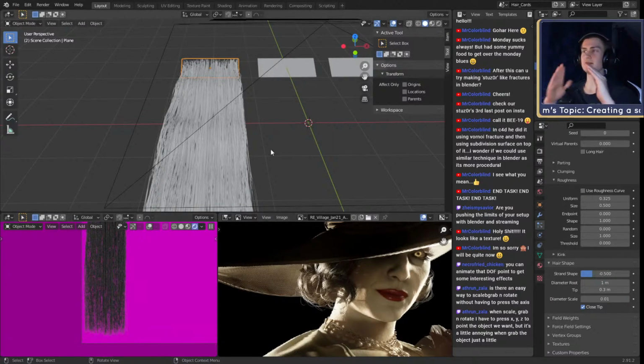What the uniformity does is basically apply a noise texture to the hair, and it works like a displacement modifier. Everywhere where there is black, it pushes the hair down, and everywhere where it's white, it pushes the hair up.